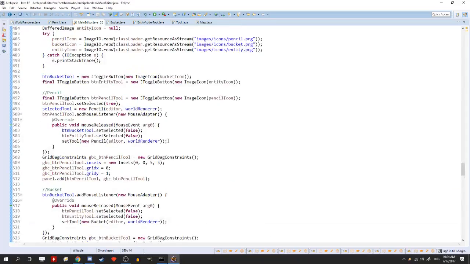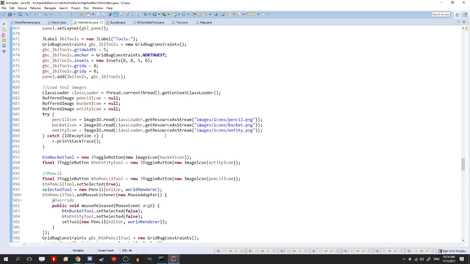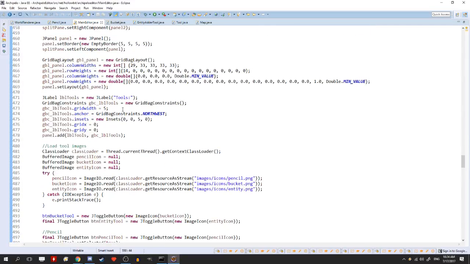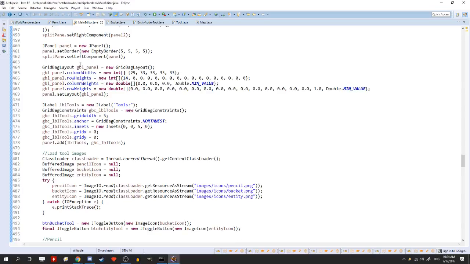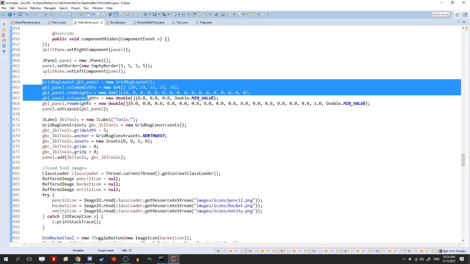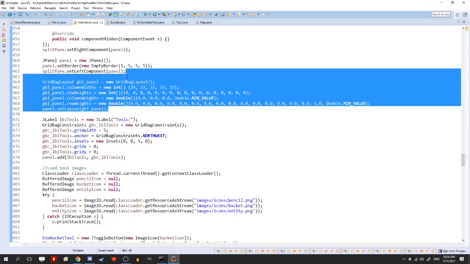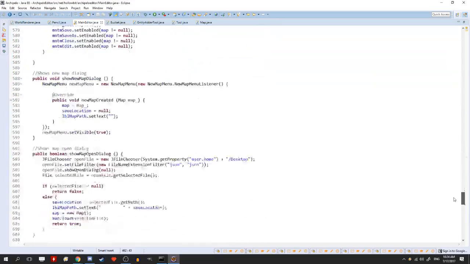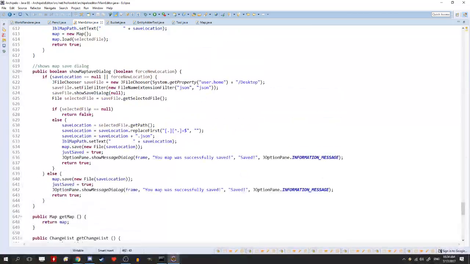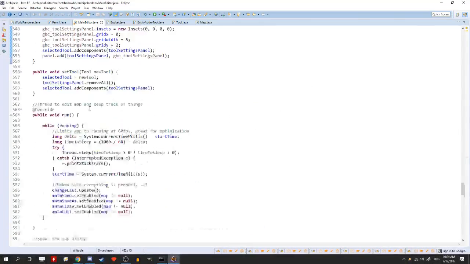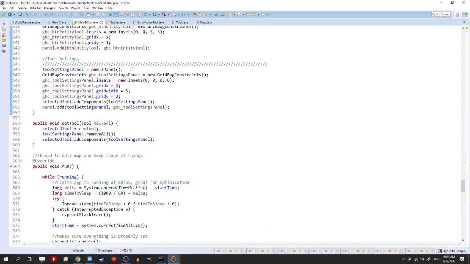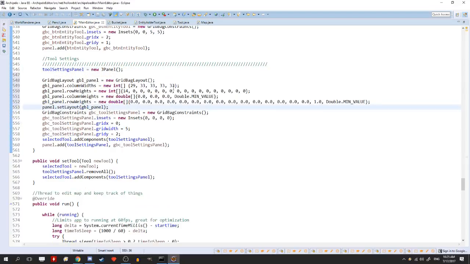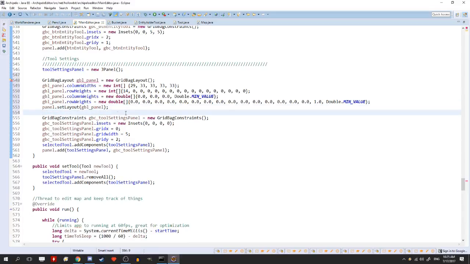If I go in here, the tools. See here, there's this definition thing here for the panel. I need to add that to the other panel. That's why. I scrolled down way too far. And this would be